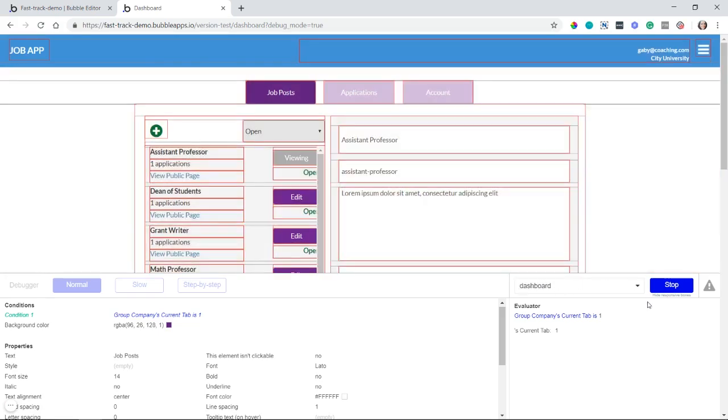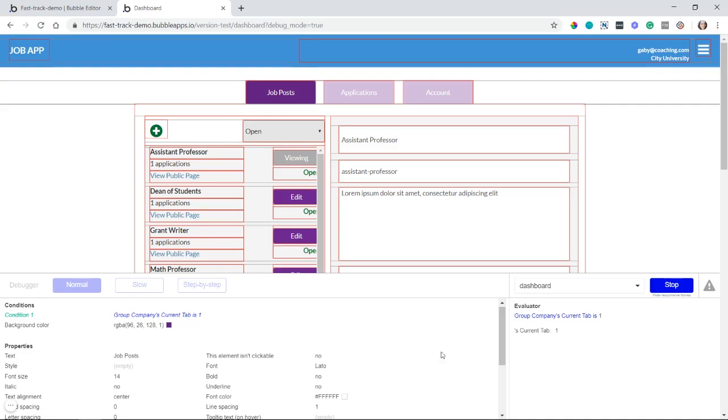The other more subtle piece of this debugger tool is this icon right here. Clicking on it right now isn't going to do anything because I don't have any server-side errors. If you ever have a server-side error, this will turn red and have a number in case there are multiple errors. When you click on it, this entire window will change and it'll list out like a log what the errors are, and hopefully the messaging is clear enough for you to go find the source of the problem